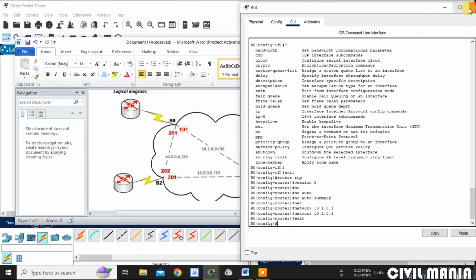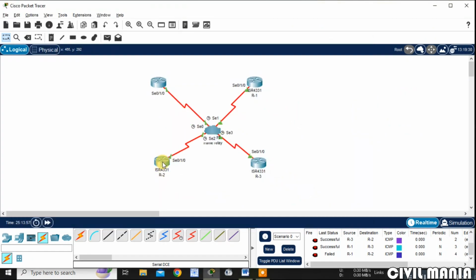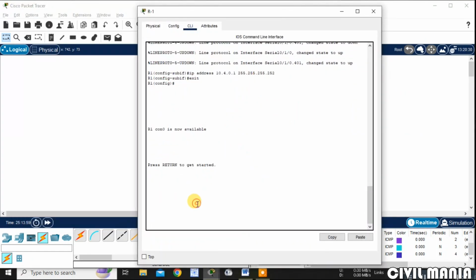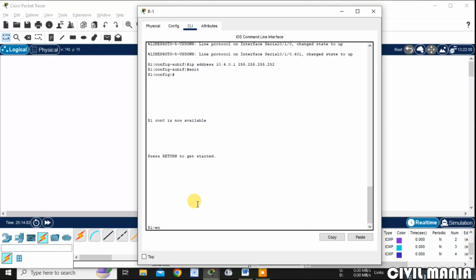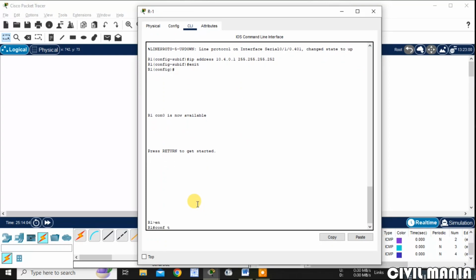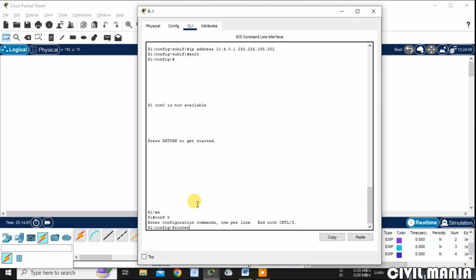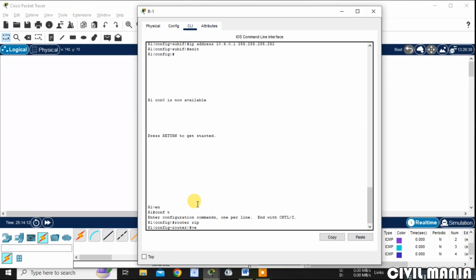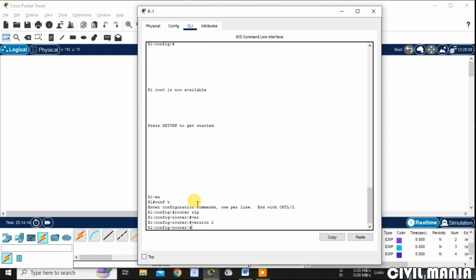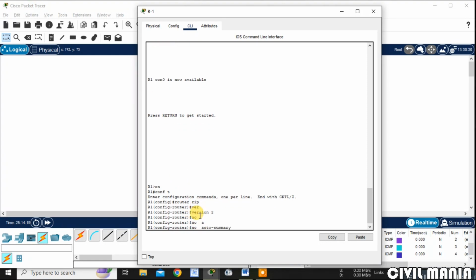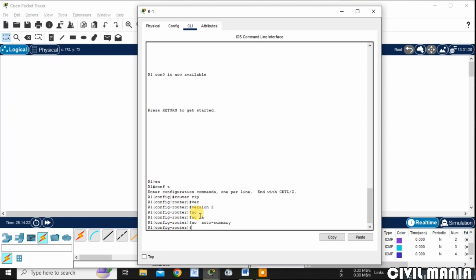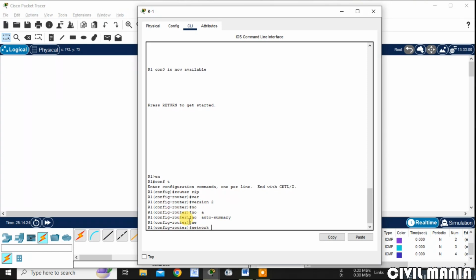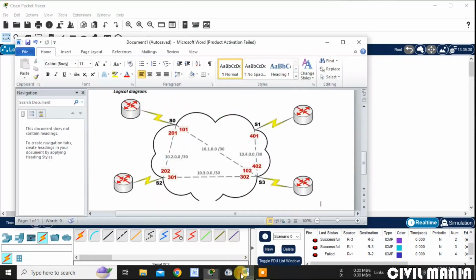Now let me move to router 1. In router 1, enable, config t, then router RIP version 2, then no auto summary, then network. What is the network present in router 1?